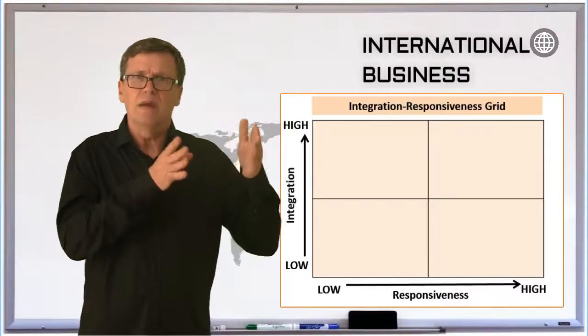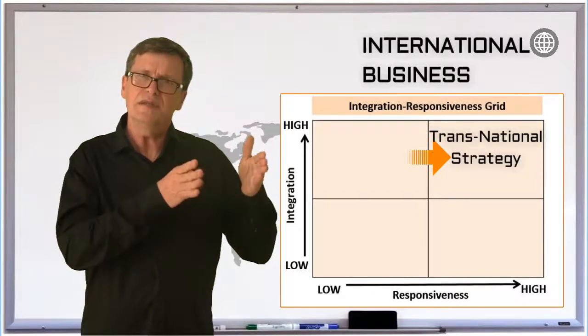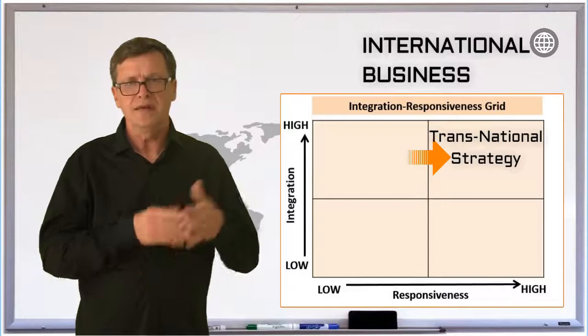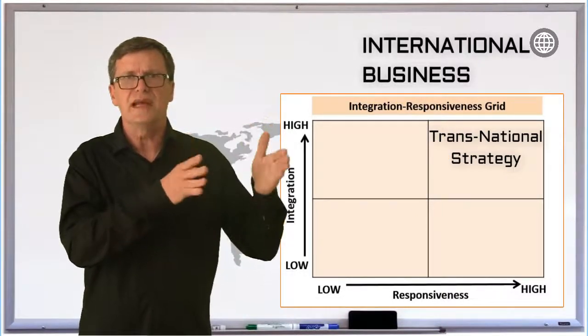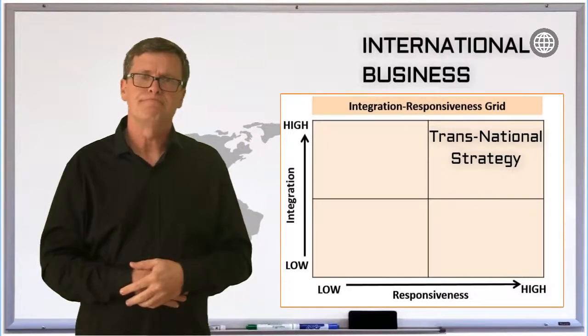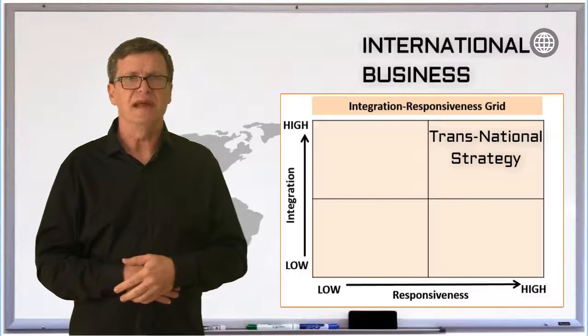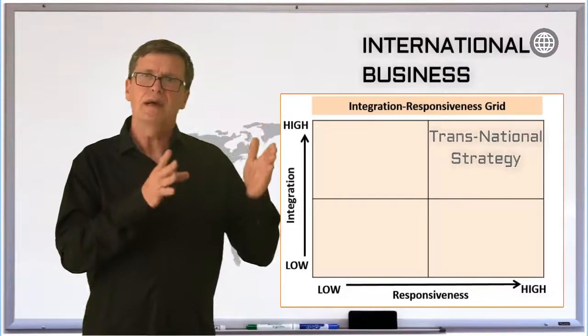Finally, we have the box on the top right of the IR grid. And we could call this box Transnational Strategy. Can you think of a company that might fit in that box, Transnational Strategy? Well, there are a lot of companies that fit in that box, but as an example, we could put Amazon